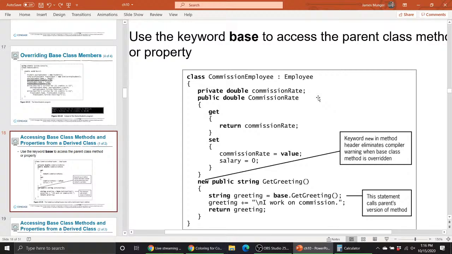So we had the commission employee that extends employee, and we can see that here. So we declare the class, and we use a colon. Always remember your colon. And you put the name of the base class here. So now we have access to the fields,